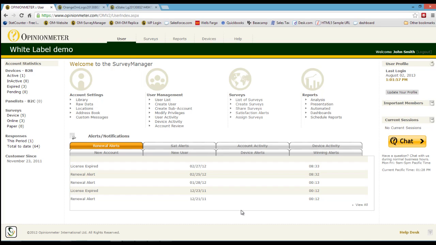Hello, in this tutorial we're going to be focusing on white labeling. And white labeling is distinct from branding because within your survey design you can brand a survey by customizing the skin and the logo and all of that. But when it comes to white labeling, we're talking about white labeling the application itself, not just the surveys running